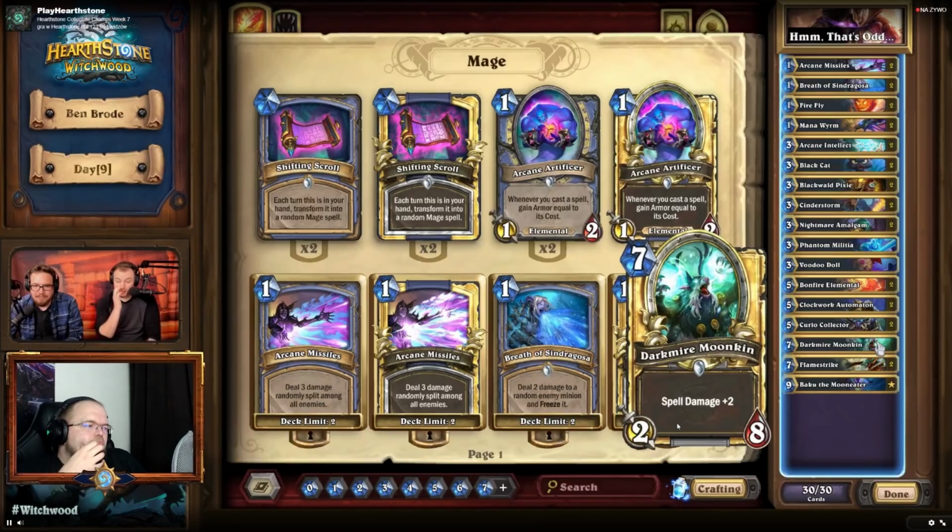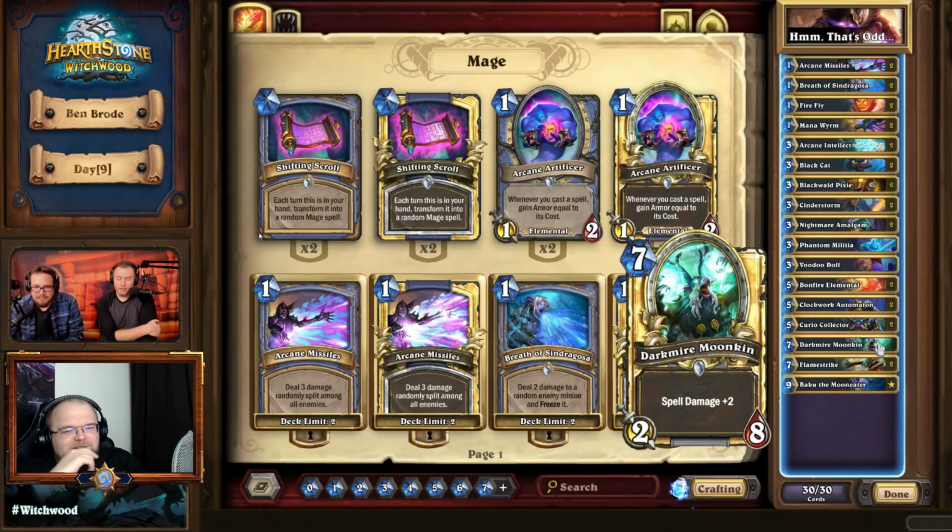Yeah, this is, you know, the Moonkin in Druid led to some really interesting and unusual spikes in power. And the fact that this is a 2/8, that it's a much more durable spell damage card, and it's 7 mana, so it can be...